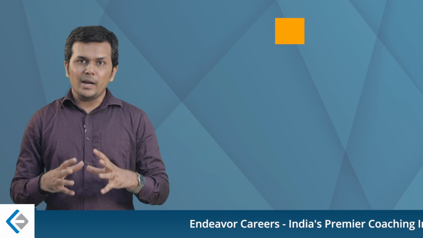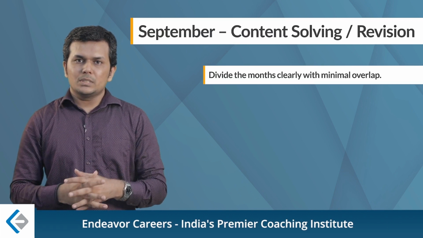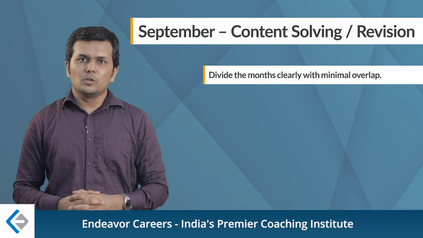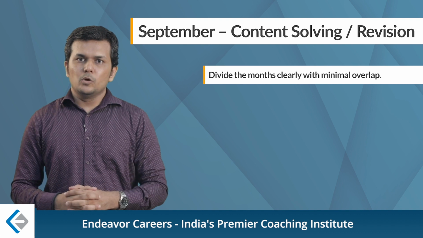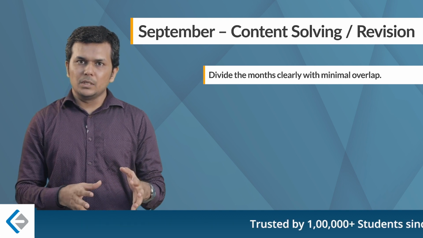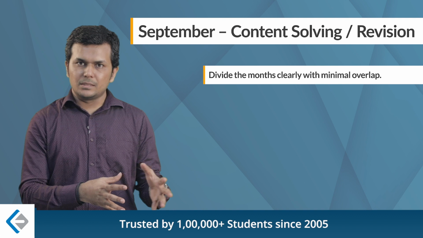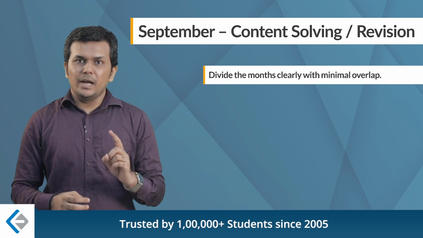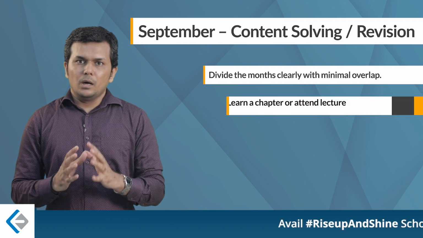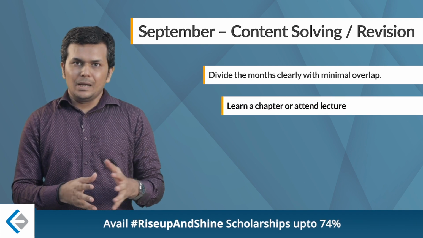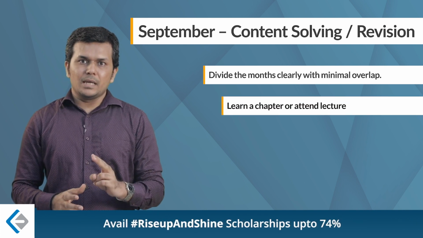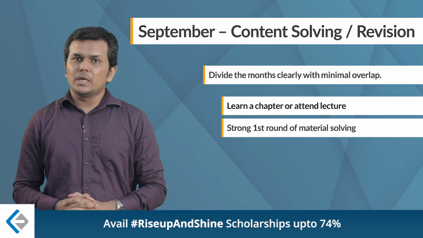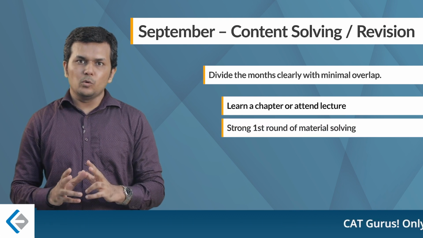term. So, if you are a beginner, that is somebody who has started their CAT preparation in the month of August or July, you might be done with 3 to 4 chapters in QA section by now, or maybe even lesser than that. In that case, you should follow a 4-step cycle. Pay attention to this. First step, learn a chapter or maybe attend a lecture if you have taken a course. Second step, complete the entire material solving related to that particular chapter within 2 days time.